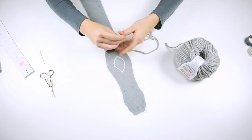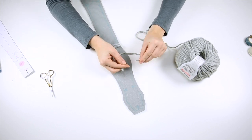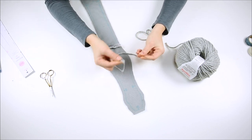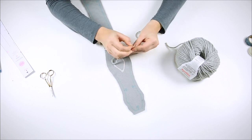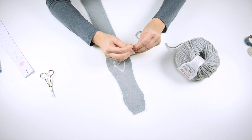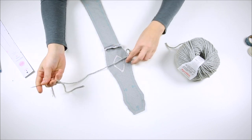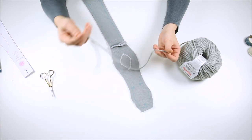And I'm going to pull the thread onto a hand sewing needle. If you don't have such a great thick needle as I do, but you are using a thick yarn, then I would recommend that you simply use a thinner thread, embroidery floss for example. I have done this with other manes that I have sewn and it works great too, but in our case